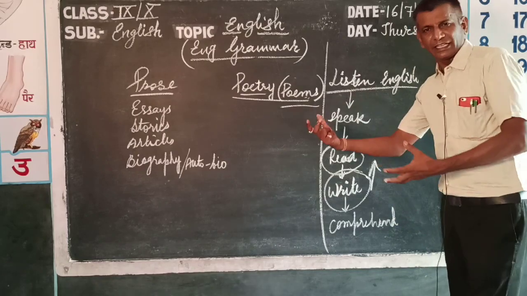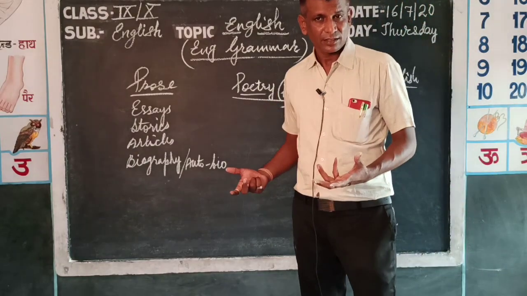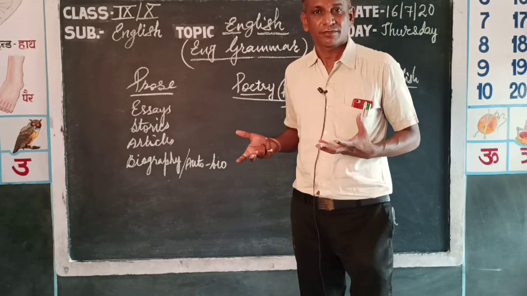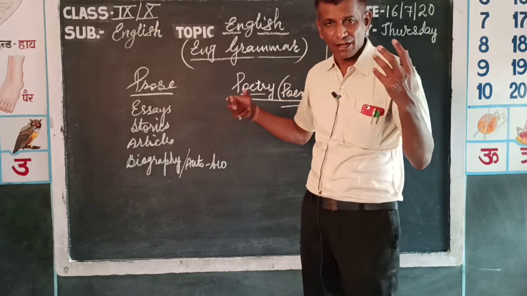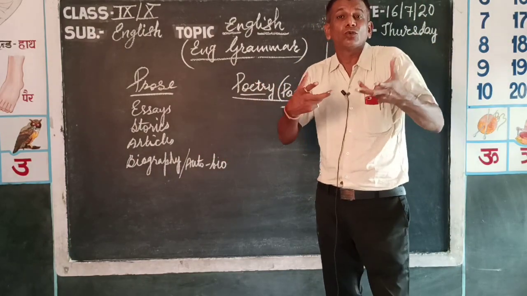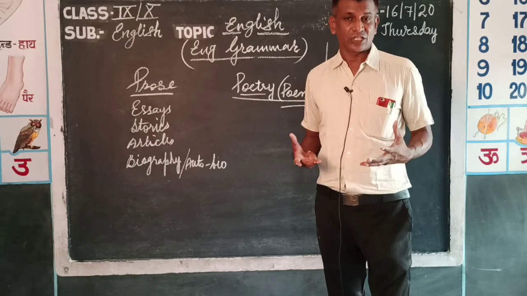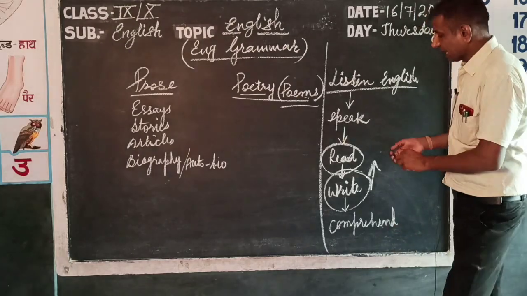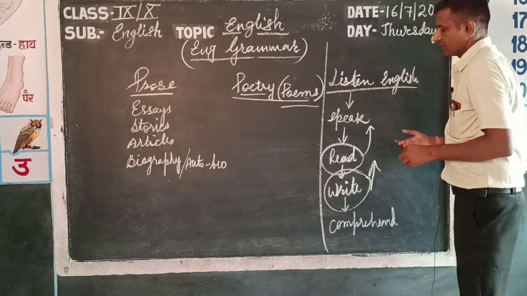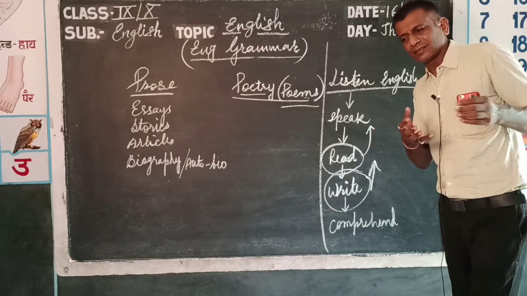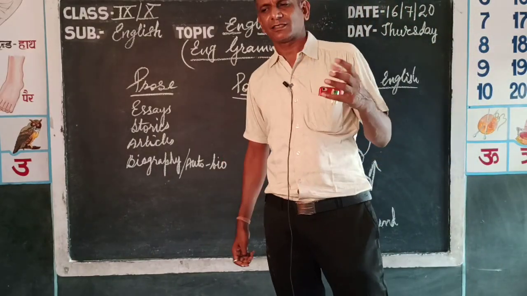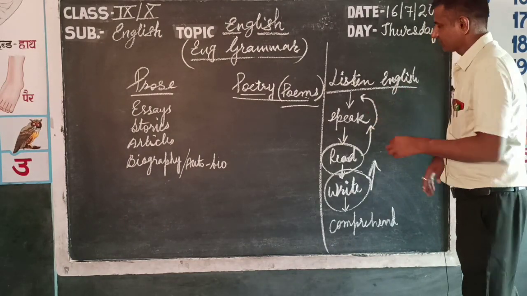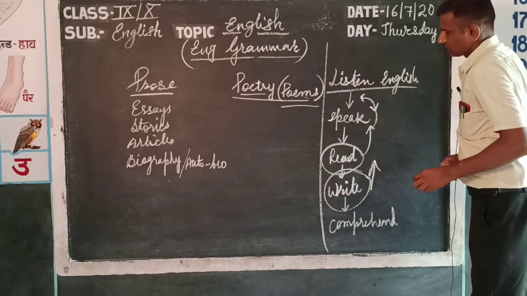I don't say everything, but somewhat they go to reading, somewhat they go to good reading. Students I see cannot read well. When they read, they look like they are giving a speech. Reading is not that. I will tell you in the next videos how to read the book with expressions, using all the punctuation. And then somewhat they go to speaking just in broken language, and then hardly they listen.